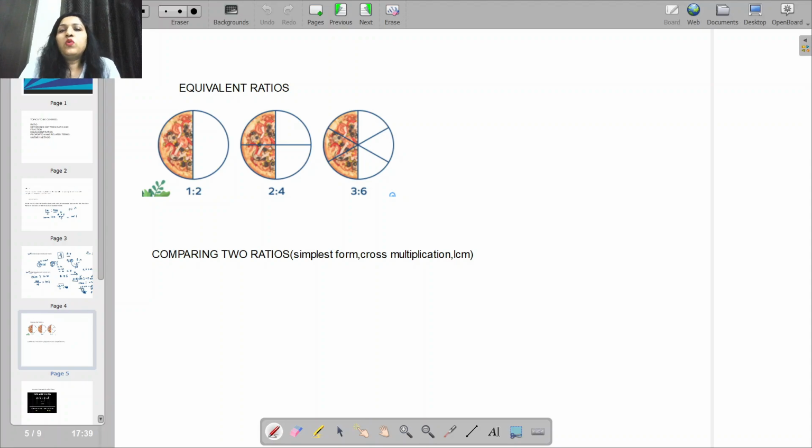Like we know what are equivalent fractions, in the similar manner we have equivalent ratios. Any two ratios which just look different but they are equal in value, they are known as equivalent ratios। You can see here, out of total two parts, if one part is shaded, हम इसे 1:2 लिखेंगे। Out of total 4 parts, 2 parts are shaded, it is 2:4, and this similarly is 3:6।